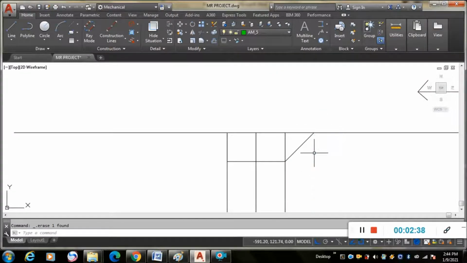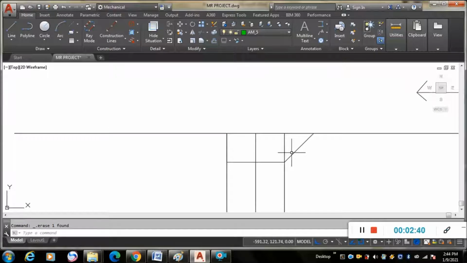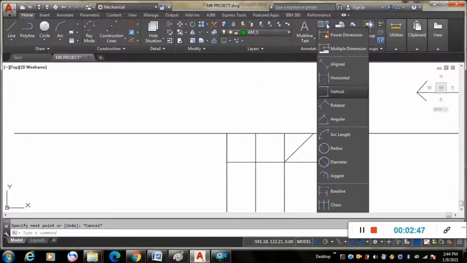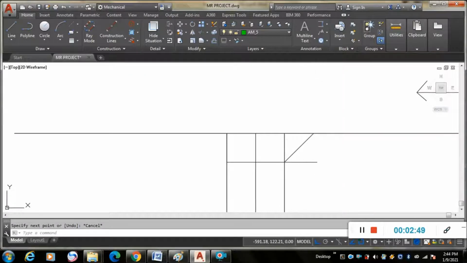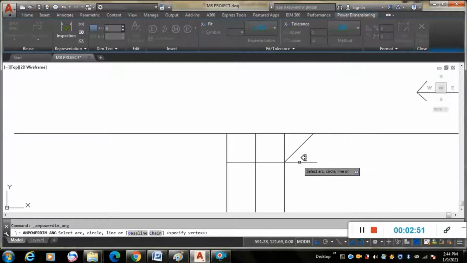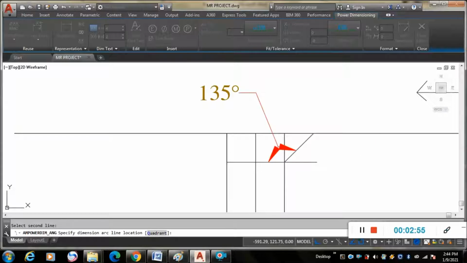Delete this. So I will measure the angular distance here first. It is 45 degrees, as you can see.